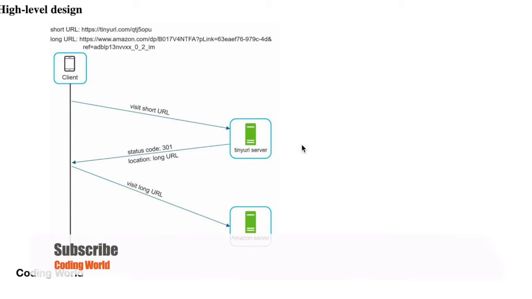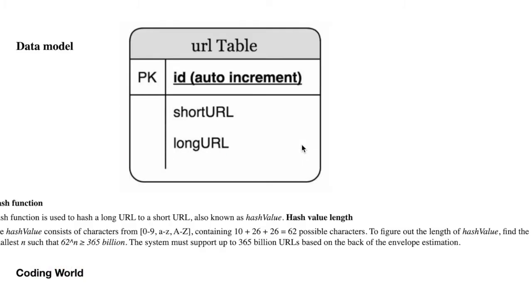First, when your tiny URL hits your backend, the tiny URL server, there should be some mapping mechanism. In this image, you can see there is one table which has an ID which will increment whenever you insert a new record, and there are two things: one is the key as a short URL and the other is the long URL.